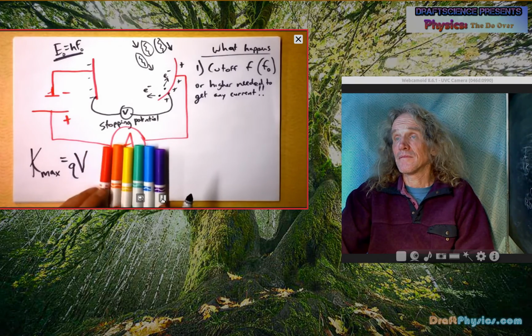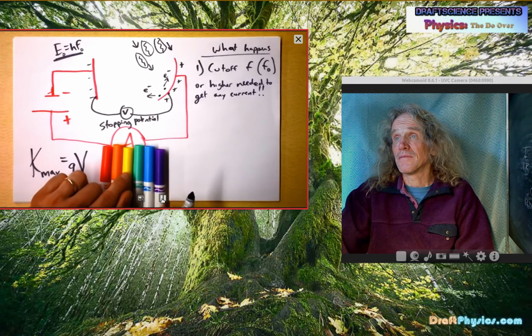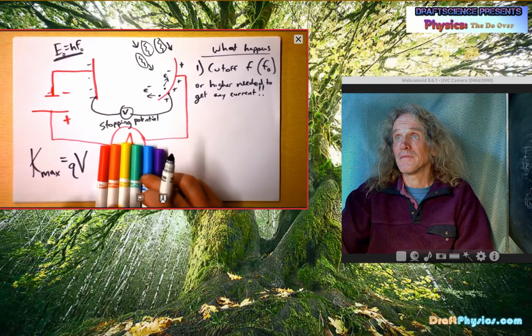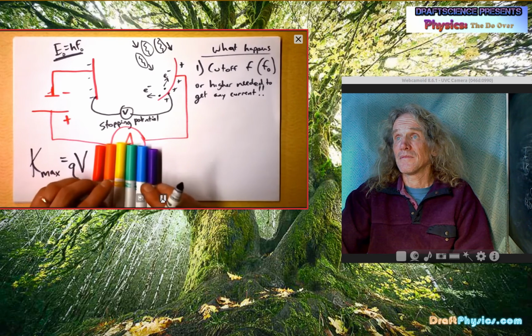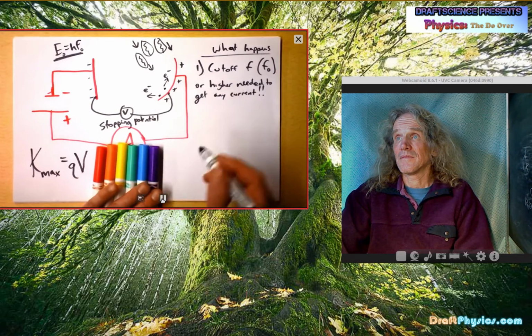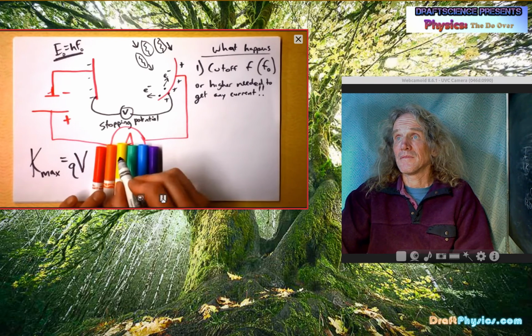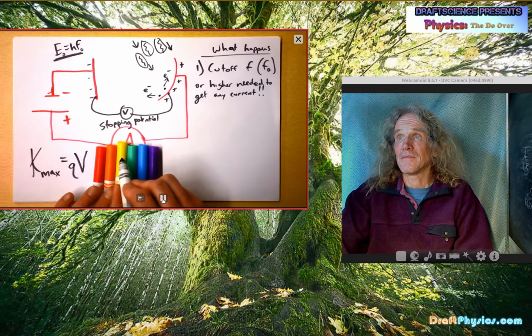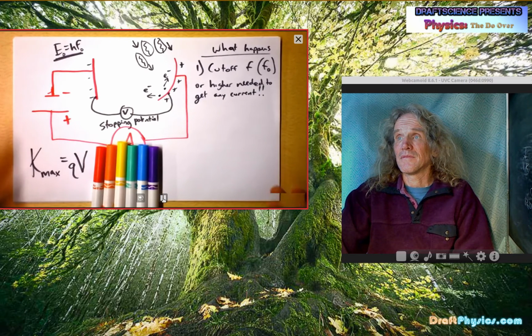I switched to orange, it doesn't emit any, and suddenly at yellow it emits some. And the interesting thing is at yellow it emits exactly the same number as at blue for the same brightness of light. Oh, that's really interesting. And purple also lets the same number of electrons out. So you've got to be at least this high energy in order to free something. That's like having just enough money to get your uncle